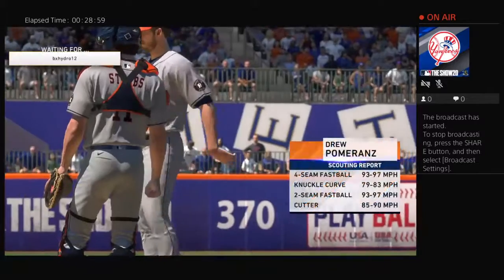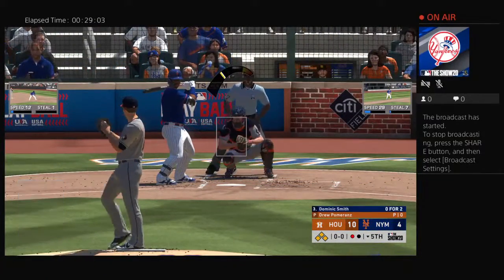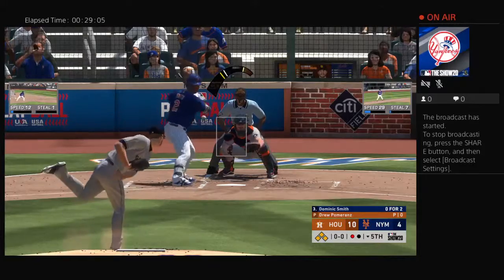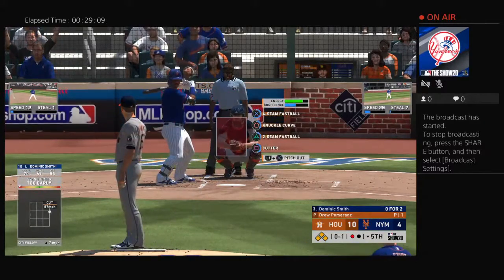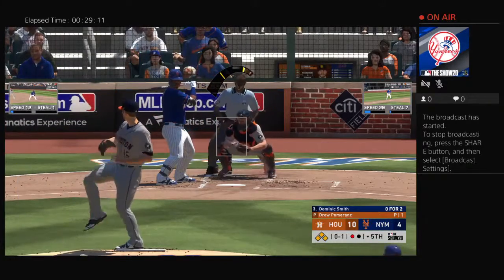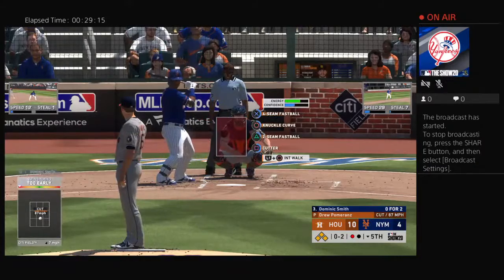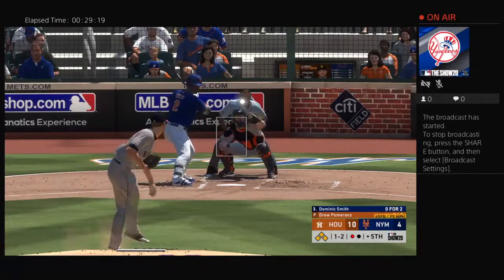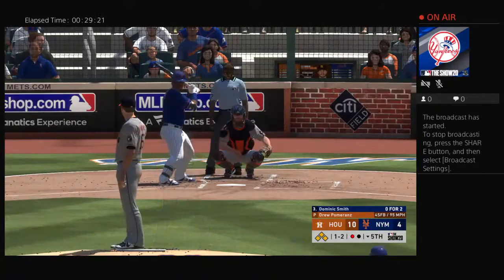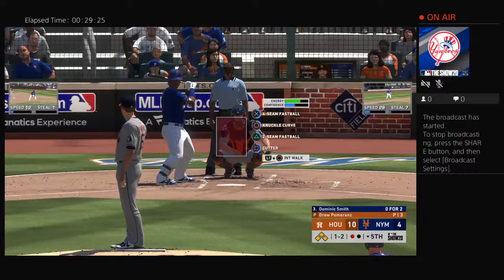He flew out in his last at-bat. Drew Pomerantz was called upon to pitch, really needing that double play ball. Bases are loaded here with only 1 man out. 0-1 the count. A swinging strike, and now it's 0-2. 1-2 to Dominic Smith. And obviously a big spot here with the bases loaded, so he'll step